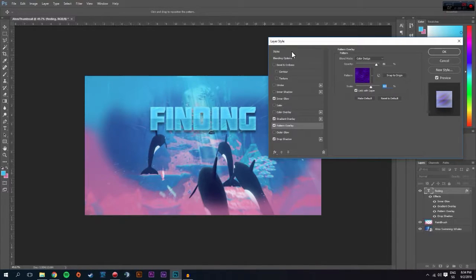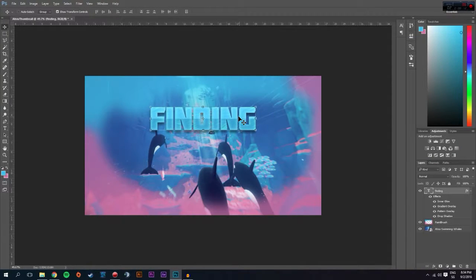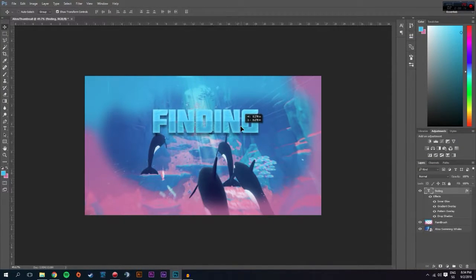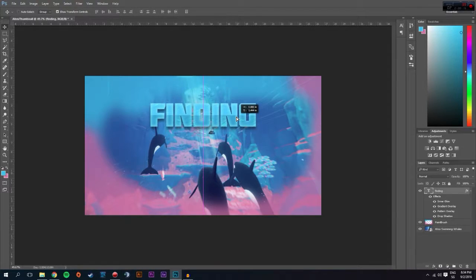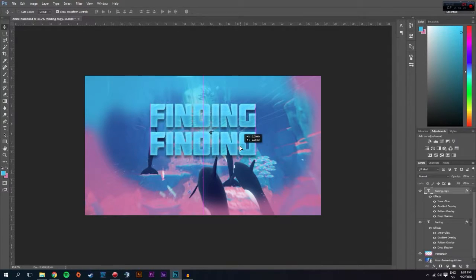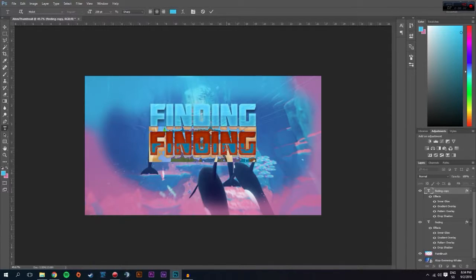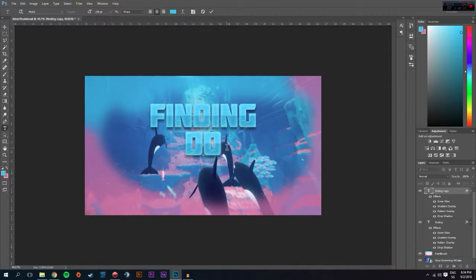Now that's basically it for the text, and you can move it around wherever you want. What I'm gonna do now, this is why I didn't create Dory on the bottom, because when you press Ctrl J, you make a duplicate of the text, if you will, and then you want to press Shift, click on the text and drag it down, and then you want to edit it, and then go put in Dory, and just to make sure,